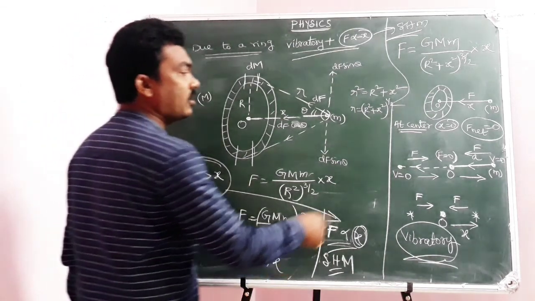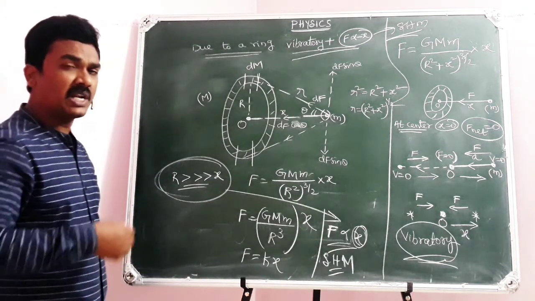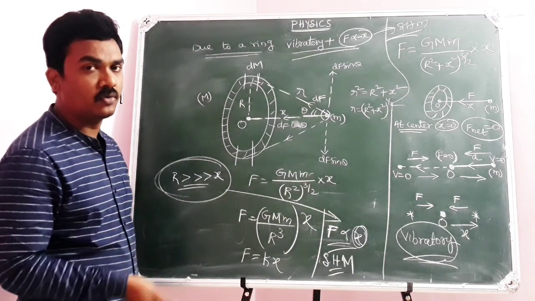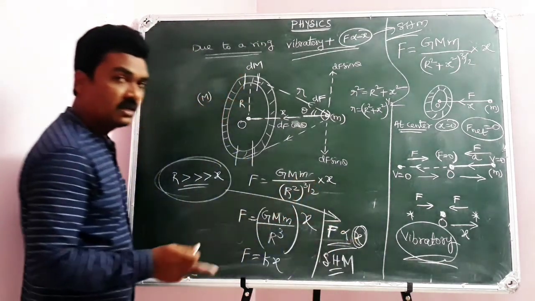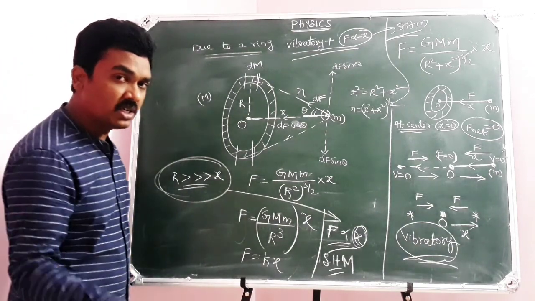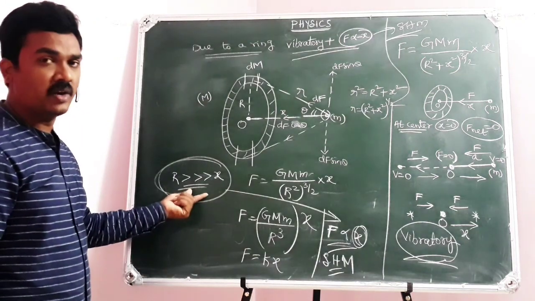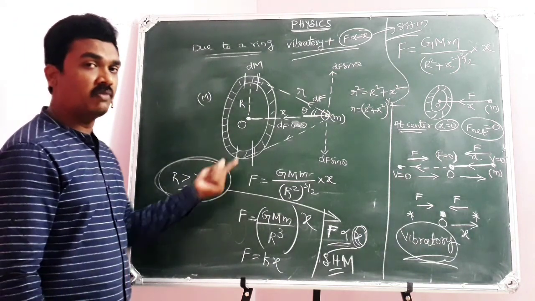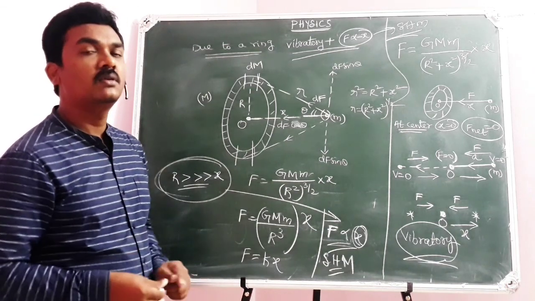That's why you see the force is always acting towards the center of the ring, meaning the force is always trying to keep the particle at the center. That's why it is a restoring force. Such a restoring force will be directly proportional to x but in opposite direction under this condition. Then such vibratory motion is called simple harmonic motion. If this condition is not satisfied, then the motion is simply vibratory motion. If this condition is satisfied, then that vibratory motion can be named as simple harmonic motion.